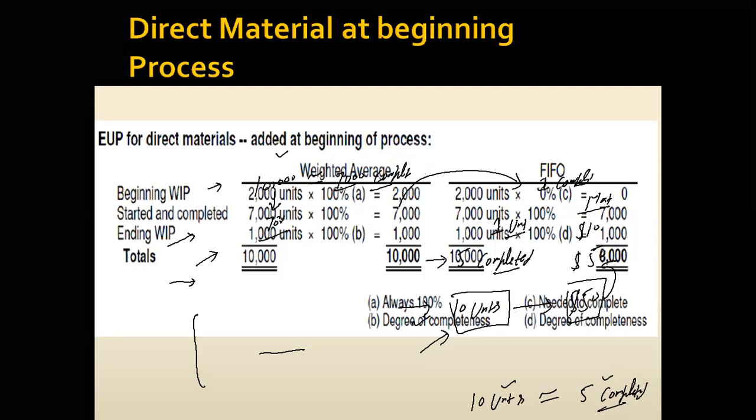So right now, students, we have one example here, which I'll show you. We can write this example on our screen, and we will be able to discuss how we can calculate equivalent units of production. Students, here we have two methods. One method we call the weighted average method, and another method we call the FIFO method. So we will try to cover both of the methods through this example. This example I am picking up